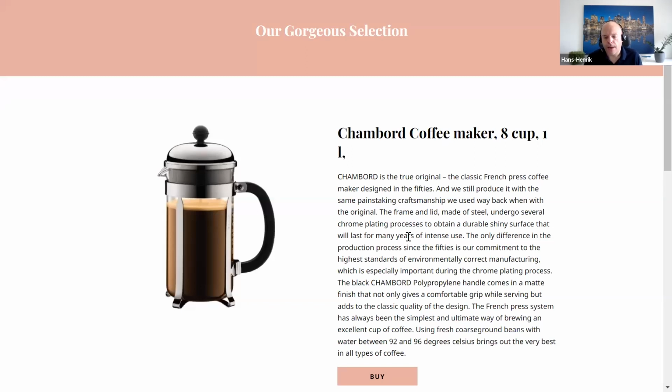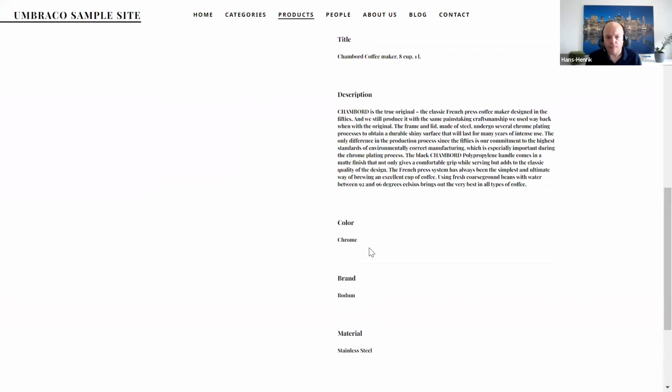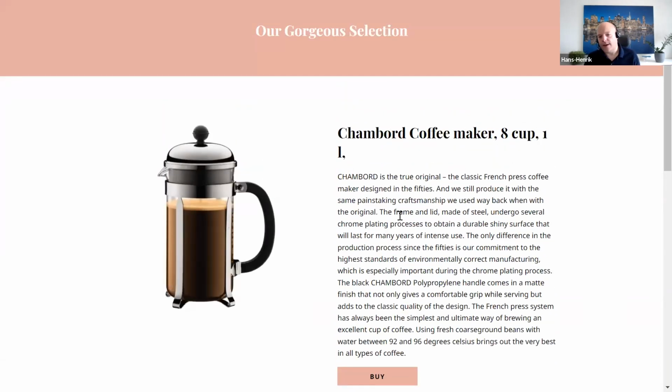And in Perfion, it is defined what attributes should be available in Umbraco. The page is developed through a template, but here I have information coming directly from Perfion. The main point here is basically that when you develop an Umbraco site, you also have the product information and the images and everything else in Perfion available in Umbraco that you can use in your templates.